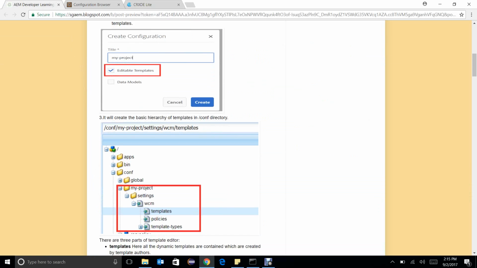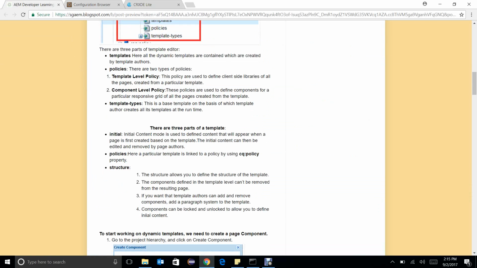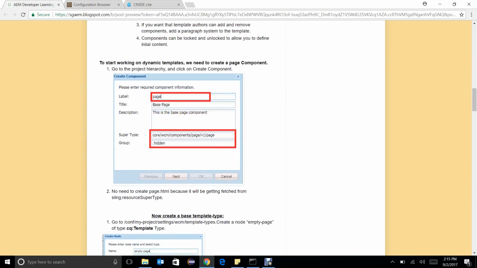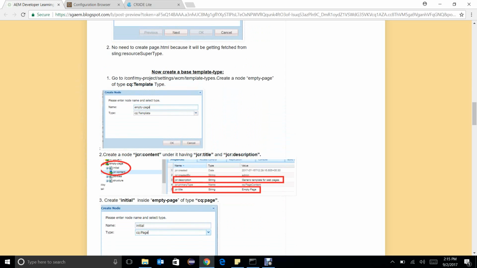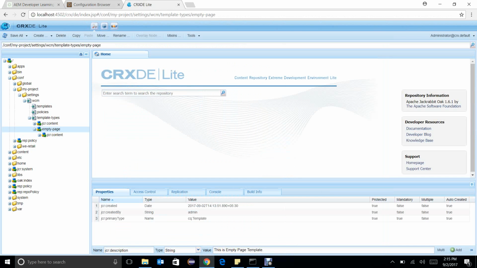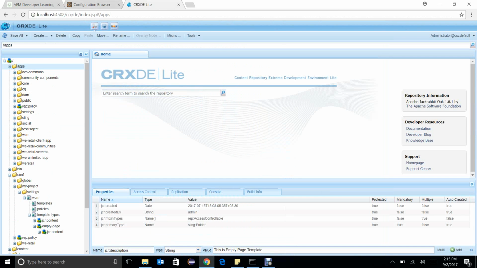So under this particular template, we have three things. You can see in the blog, there are three things: initial, policies and structure. So it is important to create them. Okay, before creating the initial structure, we will need to create a page component. Sorry, I skipped one step. So we will start from the,